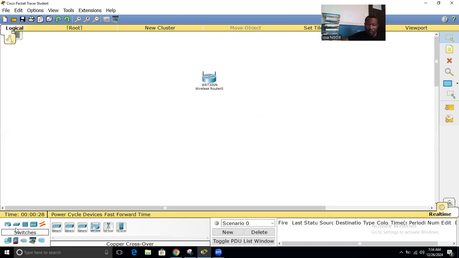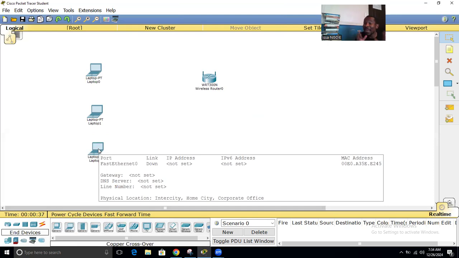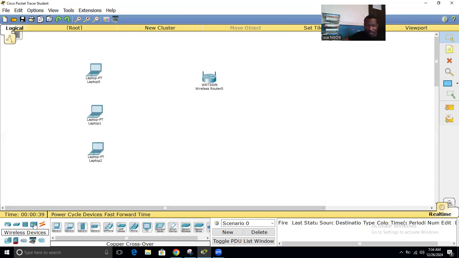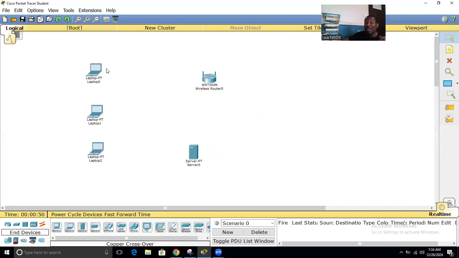Now, suppose you want some laptops, so your laptops are there, and you want to learn how to configure a wireless local area network. You've got some laptops and some computers. So you see those laptops from the simulator side, the wireless adapter is not activated. We need to install it first. So you click on top of it,